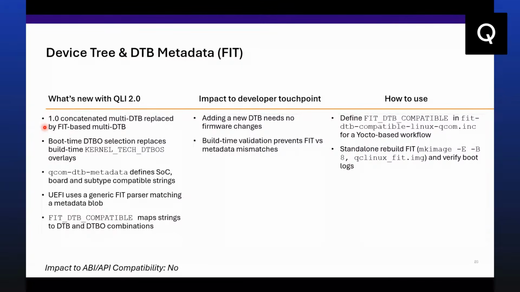Also, in Qualcomm Linux 1.0, we used to have build time management of the DTB overlays. We would use specific variables to build the DTBOs and merge them into the DTB that we want to use. We have moved away from that because now with the flattened image tree file that we specify, the ITS file, the DTBOs can be specified as a specific node in the ITS file, and then they can be selected at